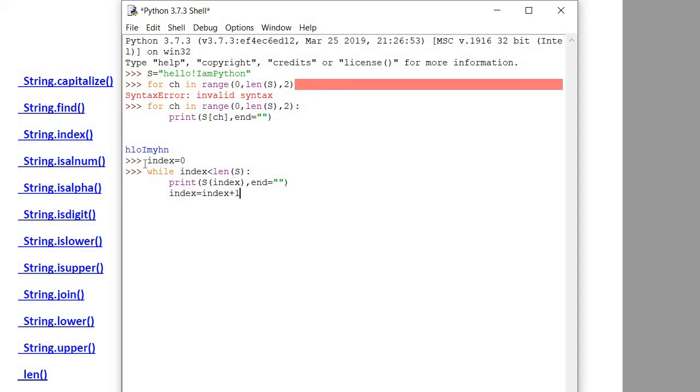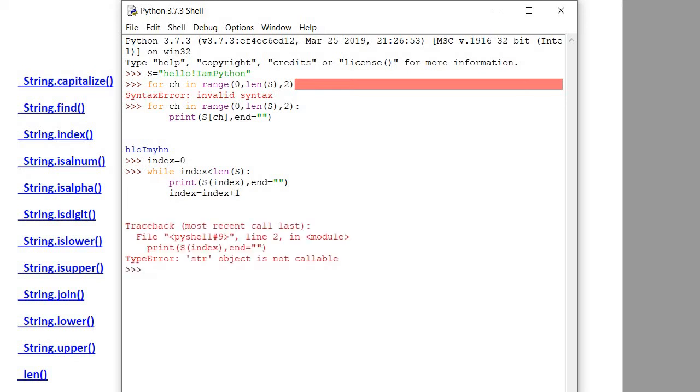Fine. So now we have done it. We will see here some str object error. Oh, there is a mistake in this line. Okay, so let's first initialize. We already initialized. We will write down the while loop.